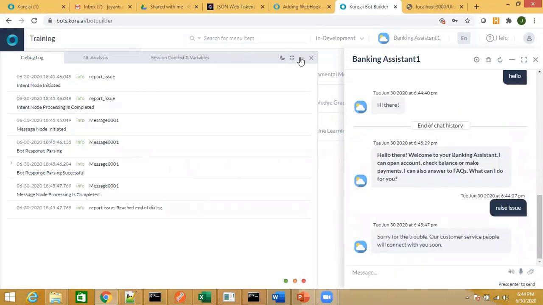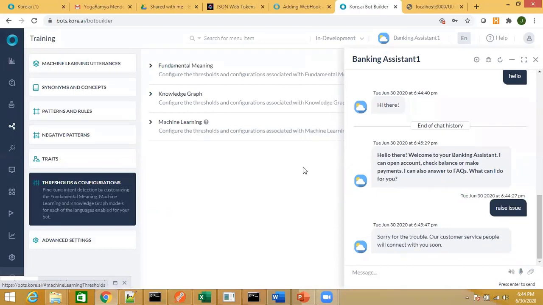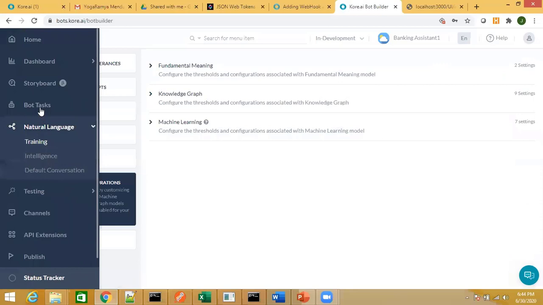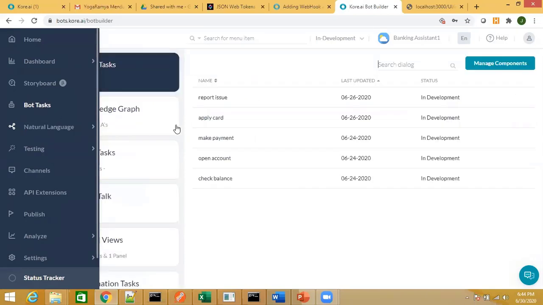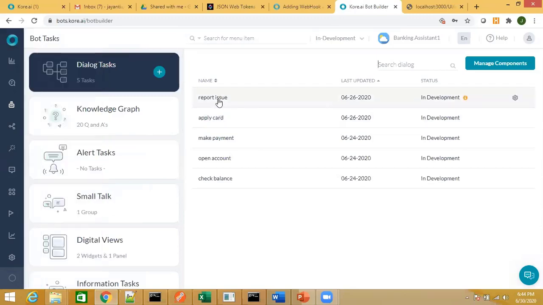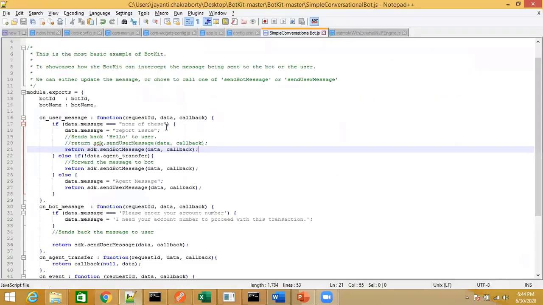Sorry, the task name is report issue. So I'm going to use those words from the botkit layer so that when this utterance comes to the bot, the NLP engine of the bot will trigger the execution of this task.